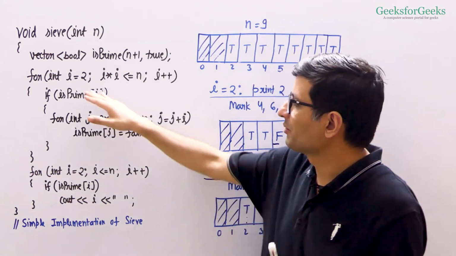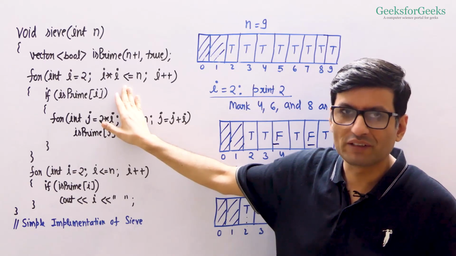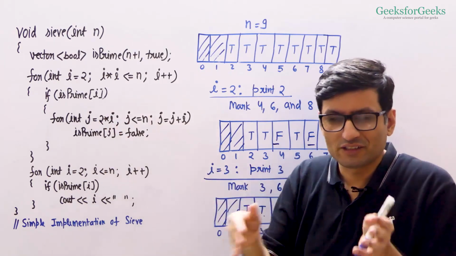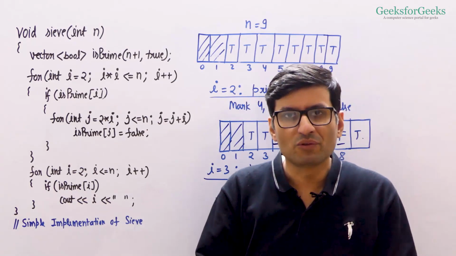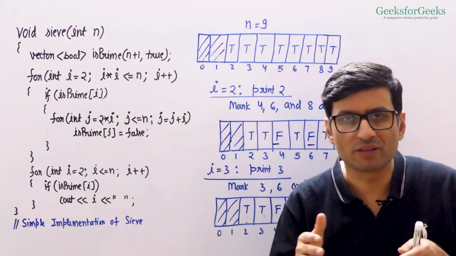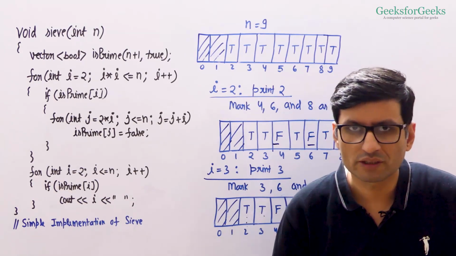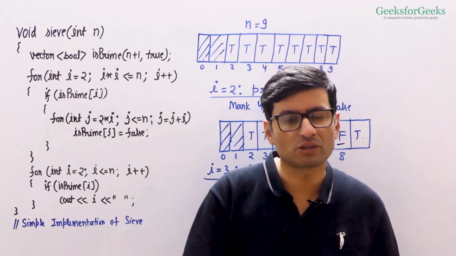Let us now understand the working of this. So we are running a loop from 2 to square root of n. Now the question arises, why till square root of n? We have already discussed the same thing in earlier videos also, in the prime number videos. If you consider all divisors of a number, divisors always appear in pairs. The smaller of the two numbers in every pair is always smaller than or equal to square root of n.